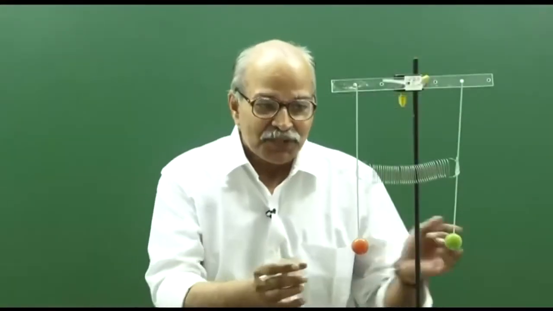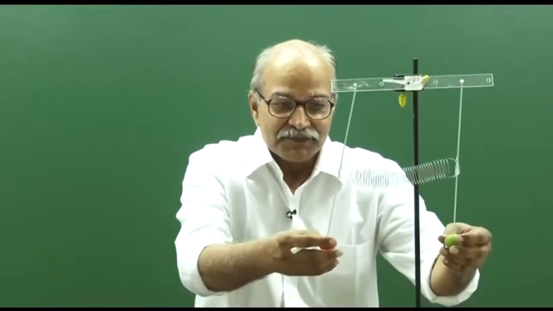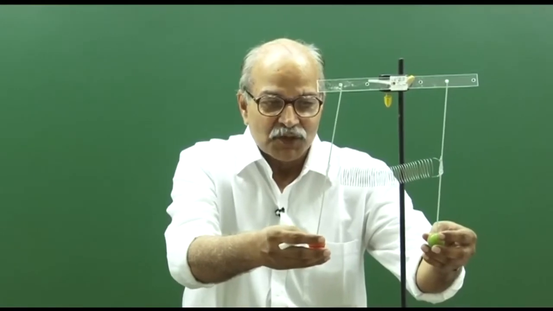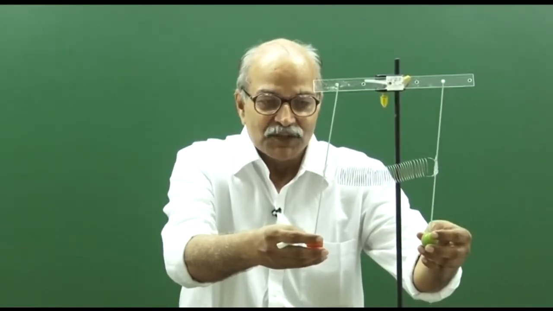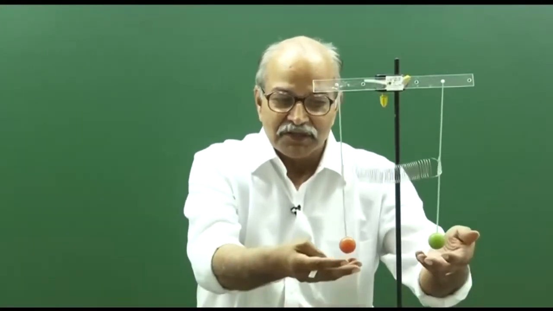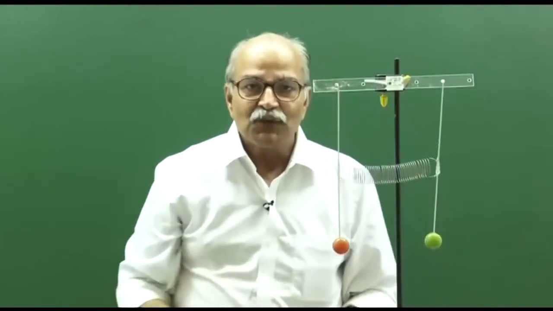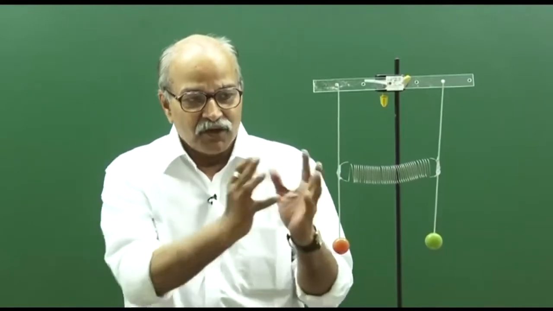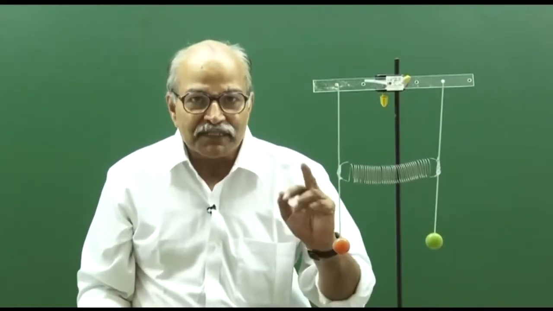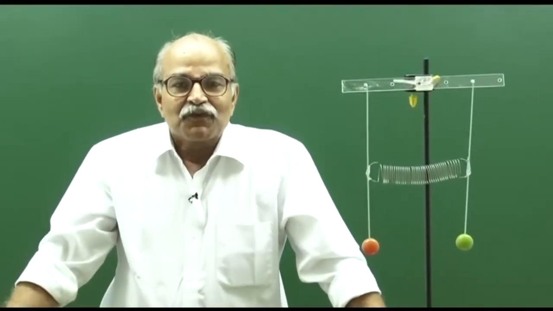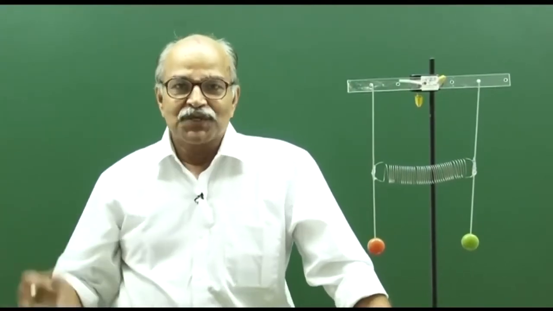So, this motion that you saw, in which one particle stops, the other starts, then the other stops, the first one starts, and this goes on periodically, is because of a phenomenon which is known as beats, and that occurs when in the oscillation you have two different frequencies involved. So, I will explain this phenomenon of beats by taking a simple situation